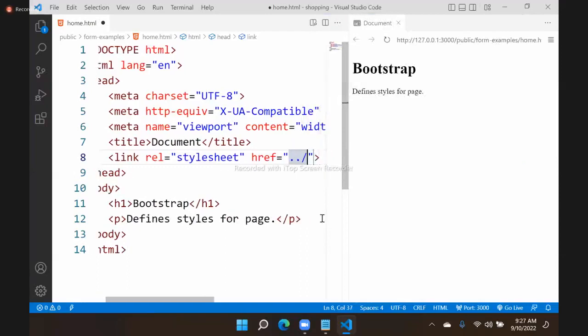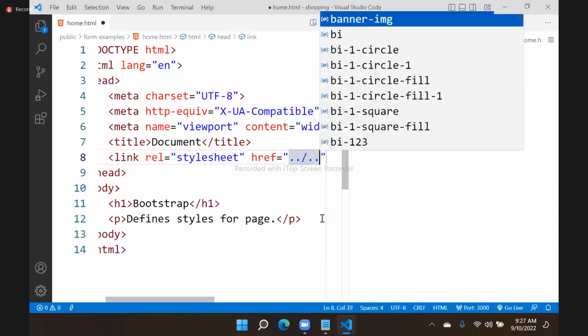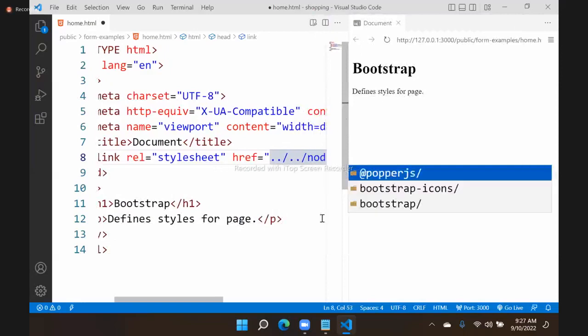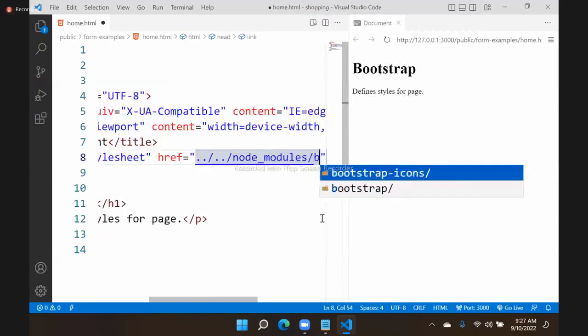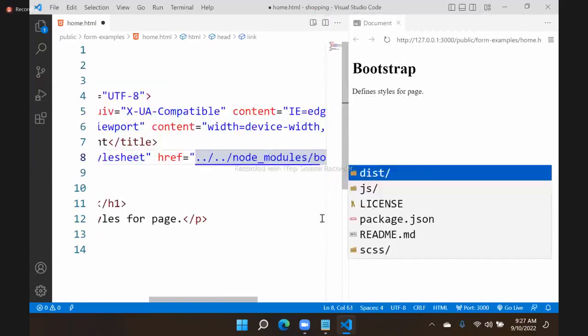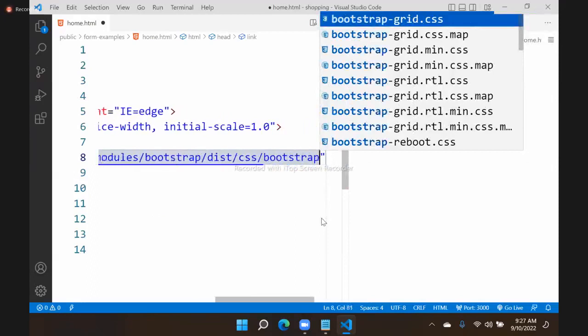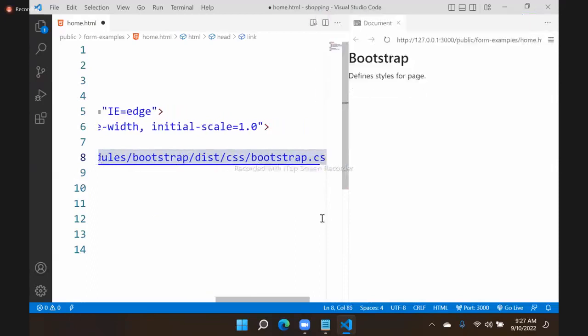../ means it will come out of my current folder. Current folder is form examples, but still it will stay in public only. We have to come out of the public folder also. Then again ../. In that we have node_modules. In that we have bootstrap. In that dist. In that css. In that bootstrap.css. Bootstrap.css. When I apply,